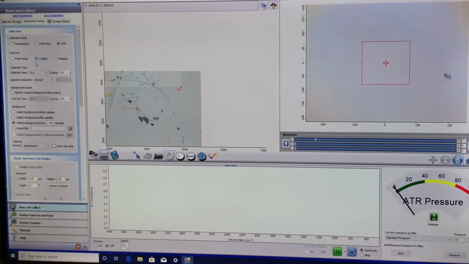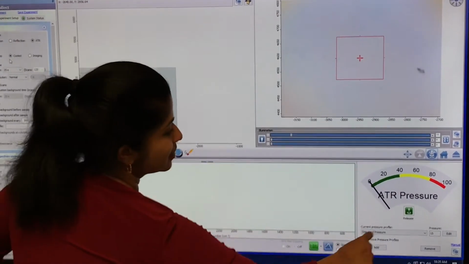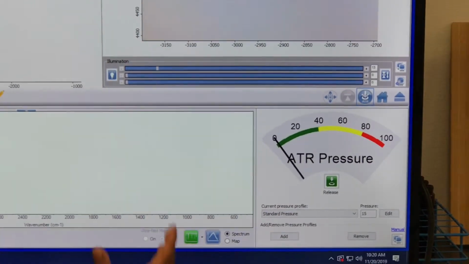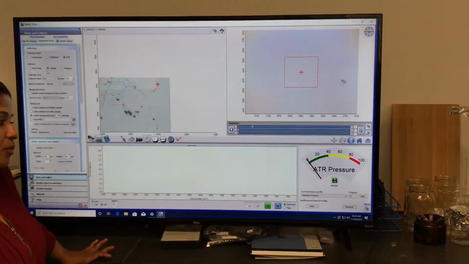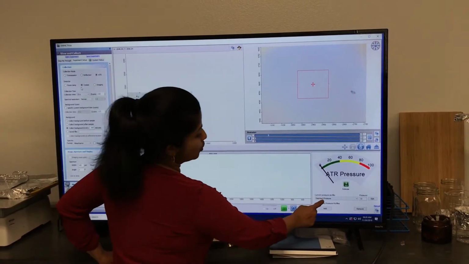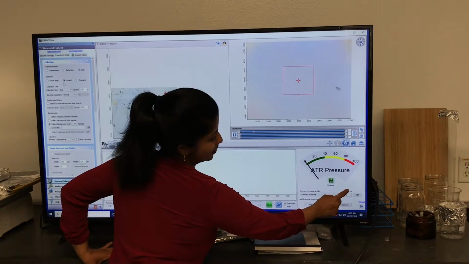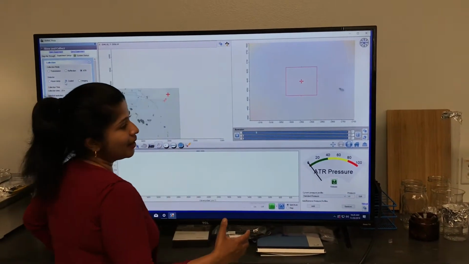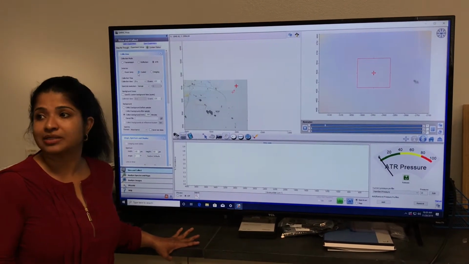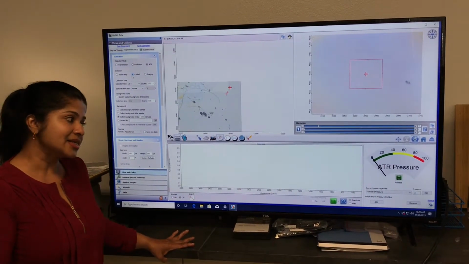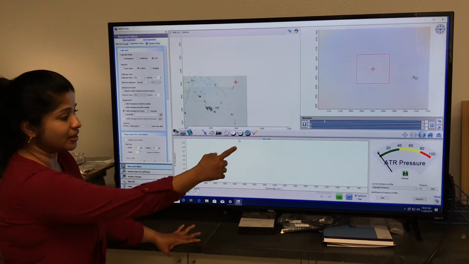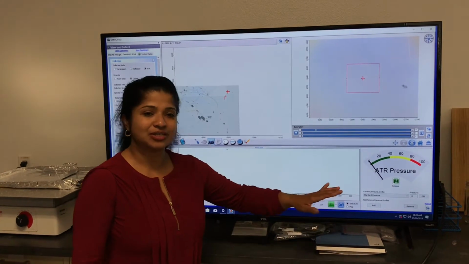So once it moved to the ATR mode, you see there's a little new window that has popped up. This is where you are looking at the ATR pressure. You don't have to monitor it or anything like that. By default, it will go to the standard pressure that is like at 15 psi. So basically, one of the questions that comes up is, is 15 okay for all types of samples? I see that more than 90 to 95% of your samples, it's fine with the standard pressure, and especially polymers,